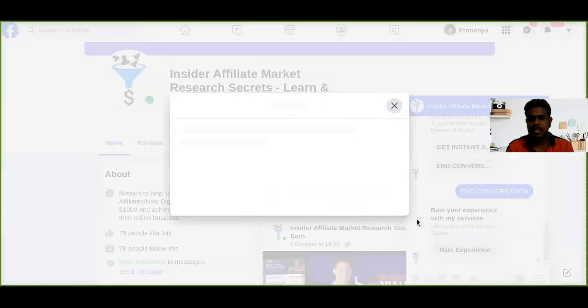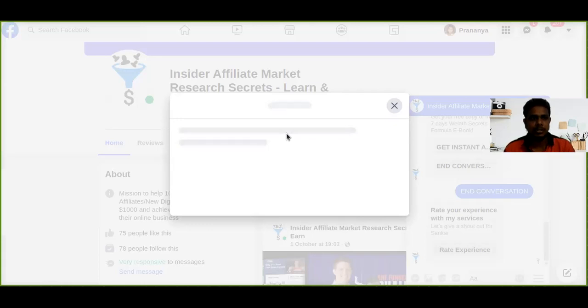Okay, once I click on Rate Experience, you will get this form. See guys, once the user fills this feedback form, only then will it be captured in the custom webhook. Otherwise, it won't. Only on this submit, the custom webhook will be triggered and store the information.